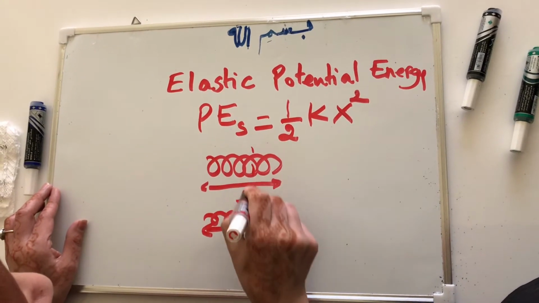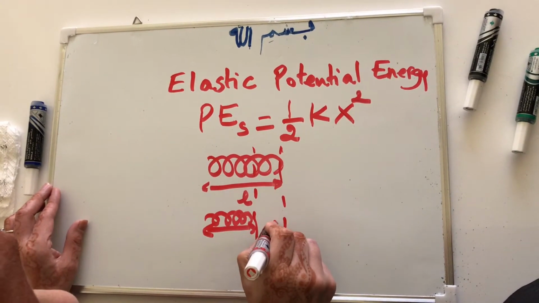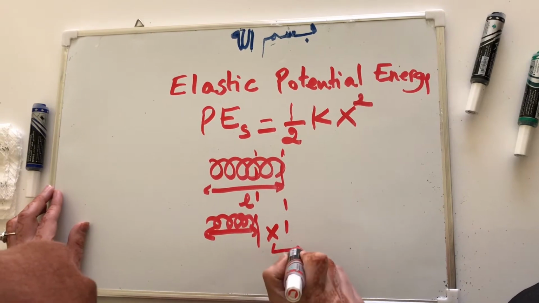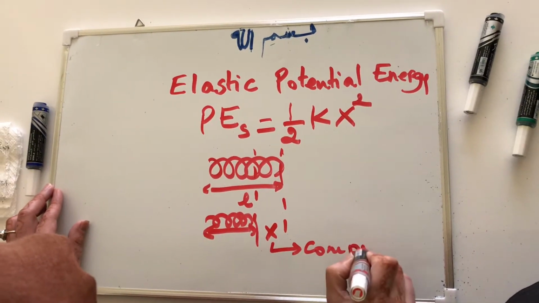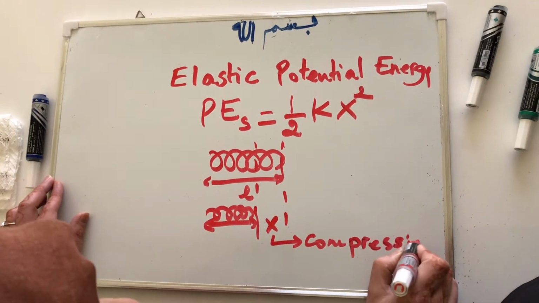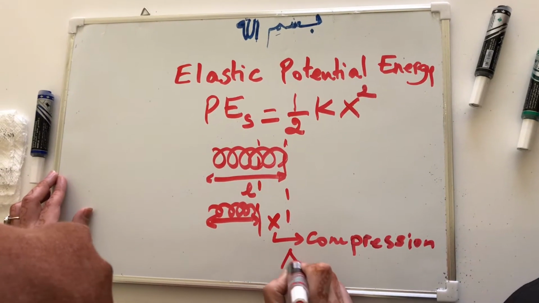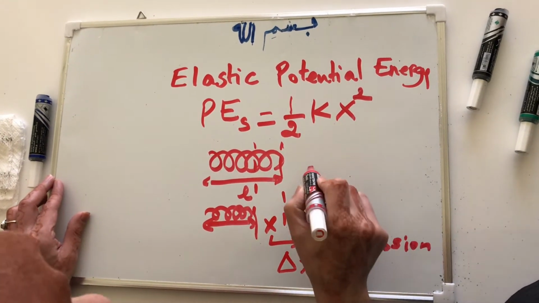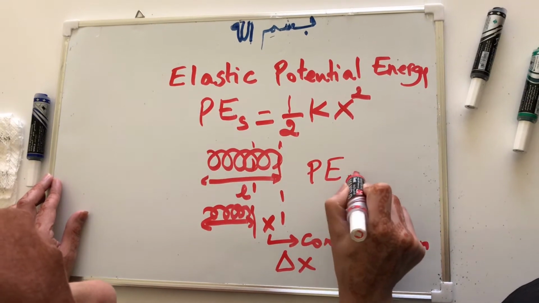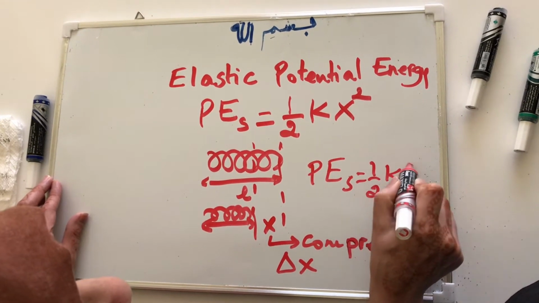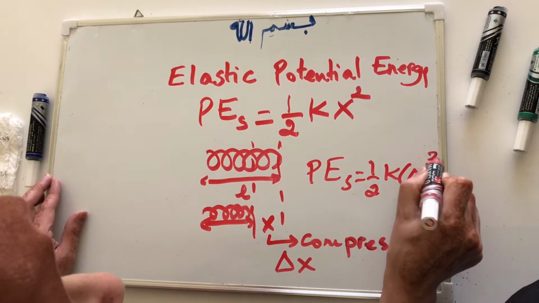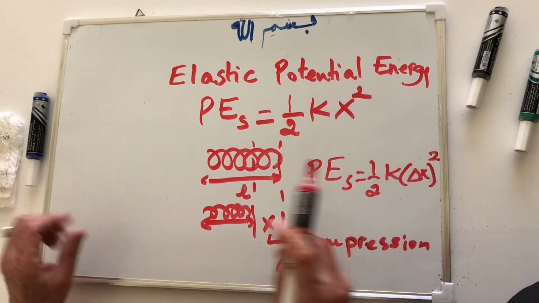I compressed it by this x, which is the compression here. Some people and some books use, instead of x, delta x, and that's fine also. The formula would be PES equals half k delta x squared,